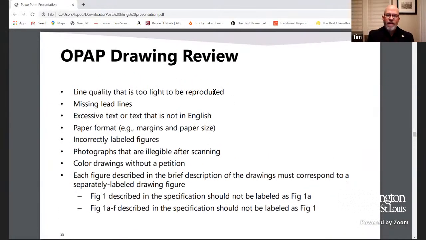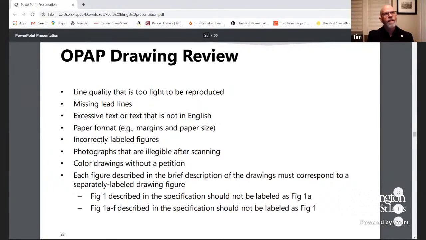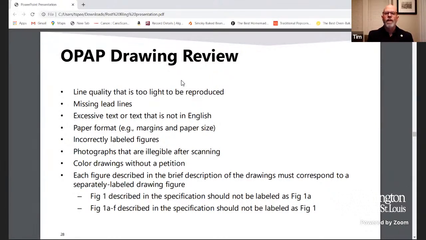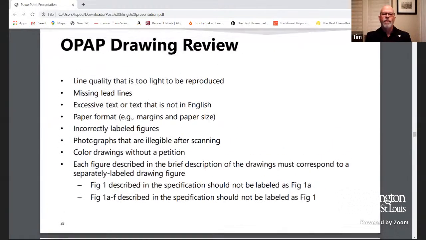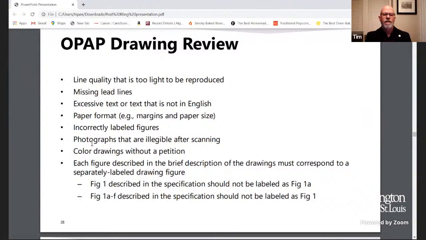And again, the Office of Patent Application Processing reviews those initially as well. I don't think these days we're really reviewing them too much. Back when I started at the office, drawings were a very big deal. Nothing was electronic. You had to submit copies, and we had draftsmen who reviewed them, and there were a lot of formal requirements. These days, I think that we could recreate drawings. It's not the same focus as we had. But there still are these requirements.